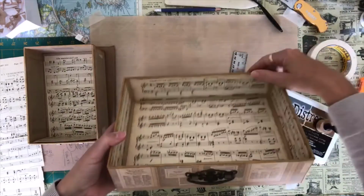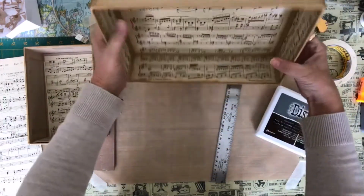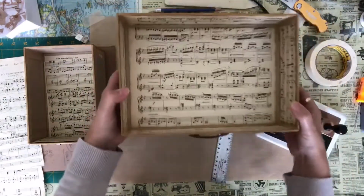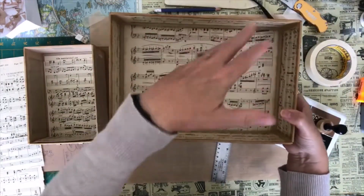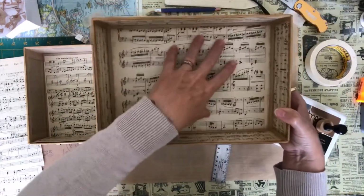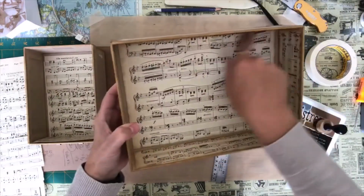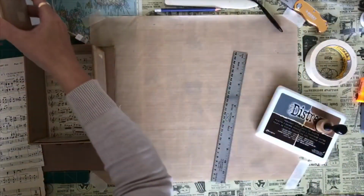So there's the top of the book music page, and it's gone down. There's the middle of the music page, and there's the bottom of the music page, and then I've just taken some scraps from another page. So that's just the inside of my drawer, and this is where I'll be putting all my cutouts or whatever in here. So I'm not too worried about it being perfect in here, and it does not have to be right to the edges, because you want to make sure you glue down those edges so they don't get caught on anything. So the large drawer is done,